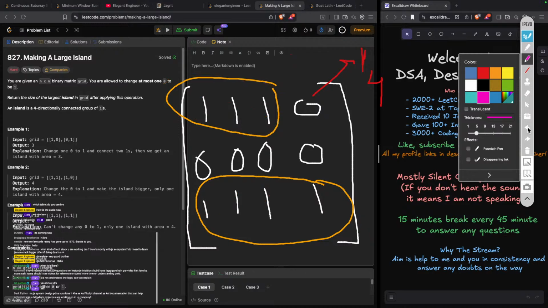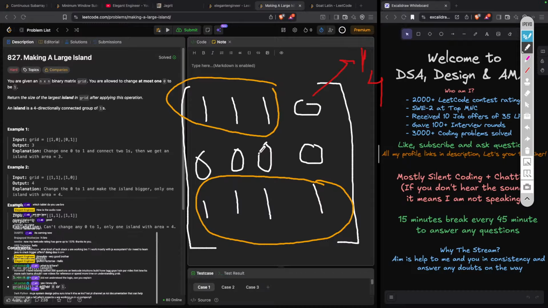I want to explain another case. Now let's say if you don't give an ID, right? I'll explain in which example. Okay, let's say that we'll make this as 1. So let me use the eraser. So what we will do is we'll make this 1, right? Now in this case, everything in this whole is already an island, right? So everything in this would have an ID of 2 only. So this is 2, this is 2, this is 2, this is also 2, this is also 2, this is also 2, this is also 2, this is also 2.